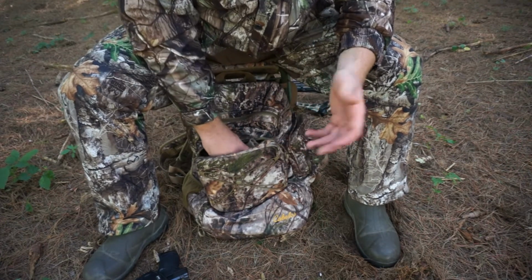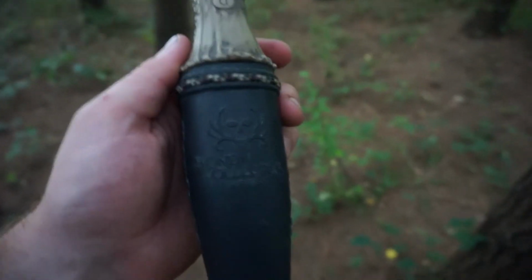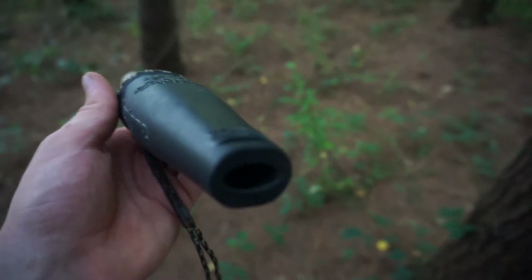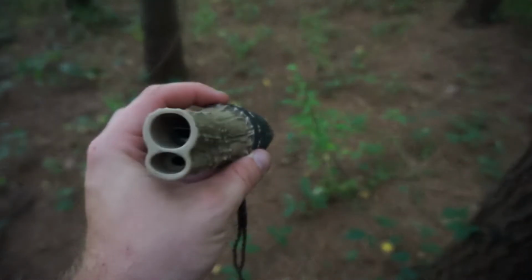Next, let's take a look at one of the calls that I have, the Flextone Bone Collector series. I actually got this from my brother-in-law Dan. He got a new call, so I didn't have one and he decided to give this one to me. This call has the ability to do a fawn,